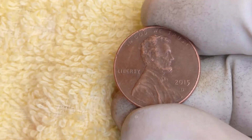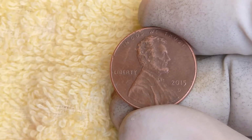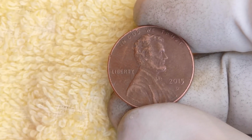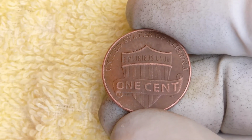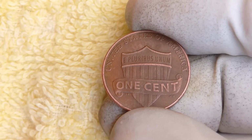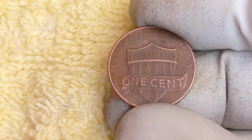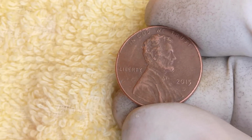Today, we are diving deep into the incredible and mind-blowing story of one of the most valuable pennies to ever exist, the 2015 Lincoln penny. This 1-cent coin may seem ordinary at first glance, but what if I told you that one rare variation of this very penny has been sold for an astonishing $160 million? Yes, you heard that right. Stay tuned as we unravel the fascinating history, unique features, and jaw-dropping value of this remarkable coin that has left